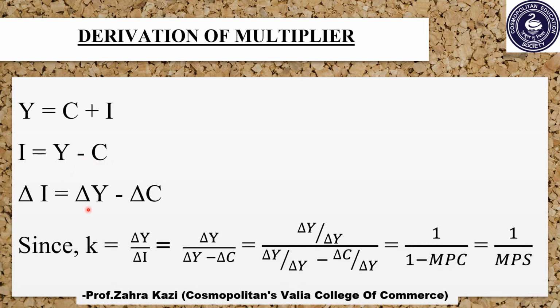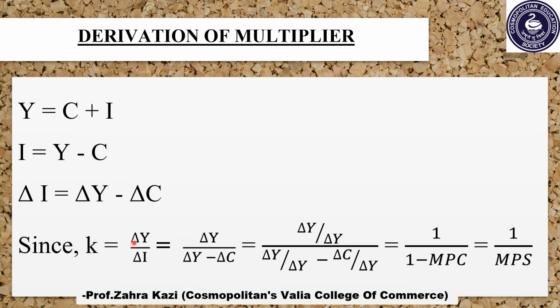In the next step, it is the same equation, only that we are adding delta, that is change. So change in investment is equal to change in income minus change in consumption. After this, since we already know the formula of multiplier, that is K is equal to change in income to change in investment, the next step will be...